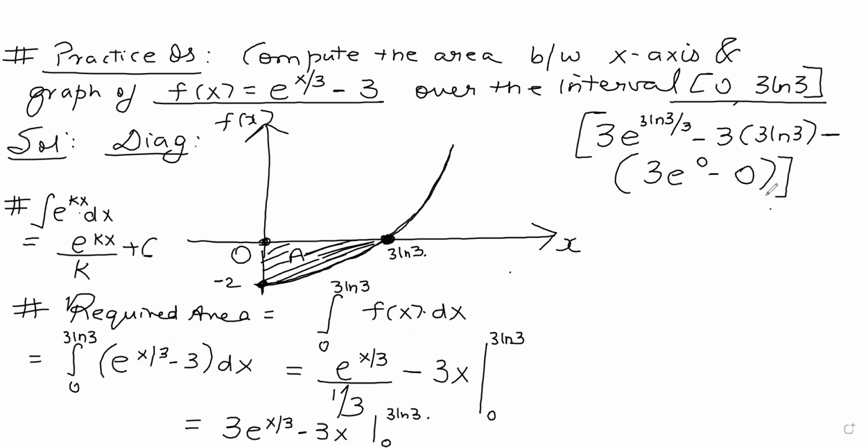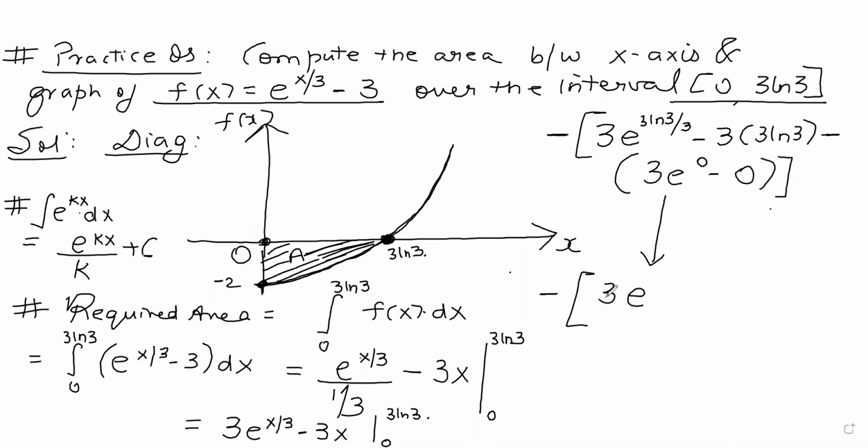And guys, since we are finding the area below the x-axis, it will have a minus sign outside. Because you all students must have written in your registers that when we are finding the area below the x-axis and above the graph, then f of b minus f of a will have a negative sign outside. So this is going to be minus of